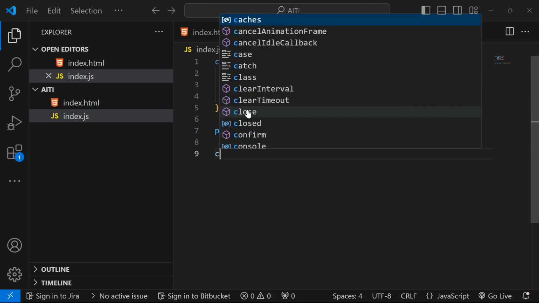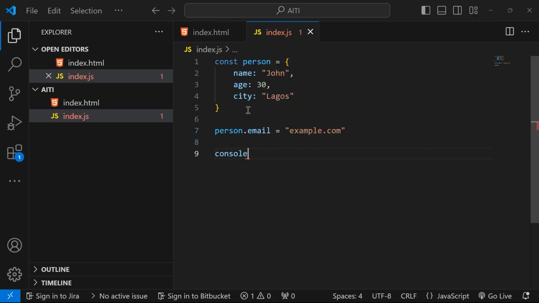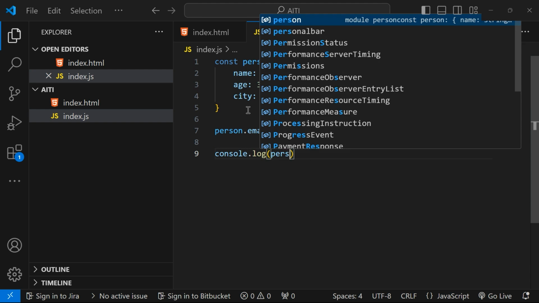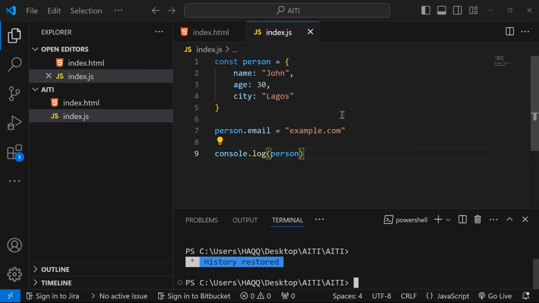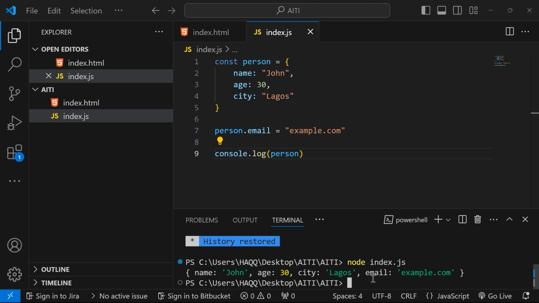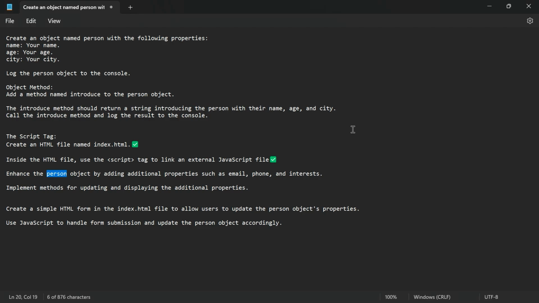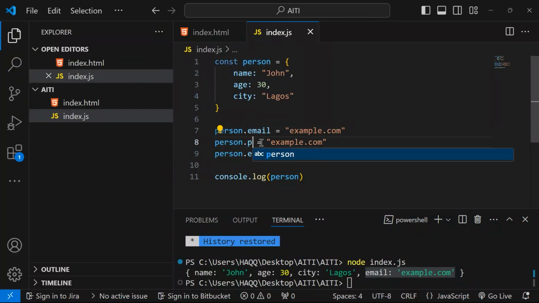example.com. So now if I log my person object to my console by saying console.log person, and I run this using node index.js, we can see my object now contains the property email, which is example.com. Just like I've done for email, I will do for phone and interests. So I will do person.phone. This will add the phone property to the person object. So my phone can just be